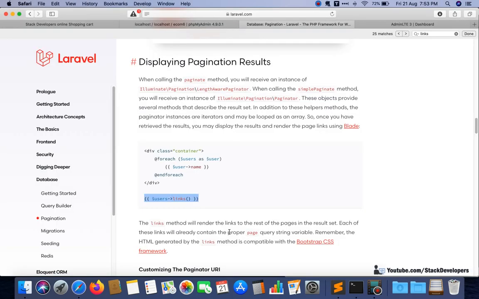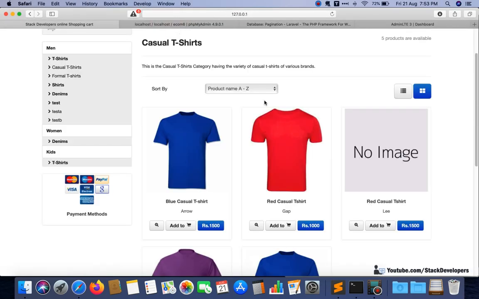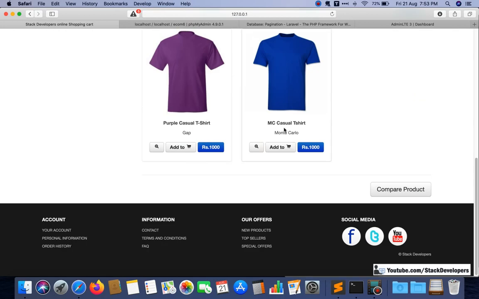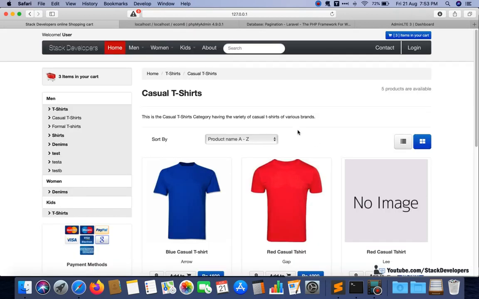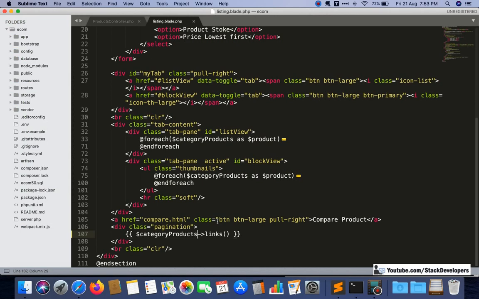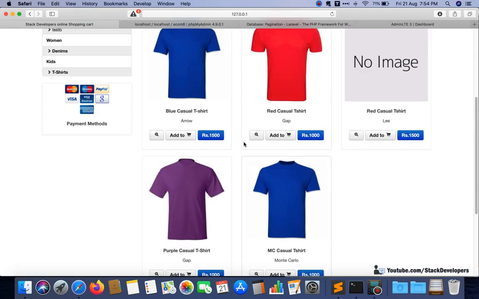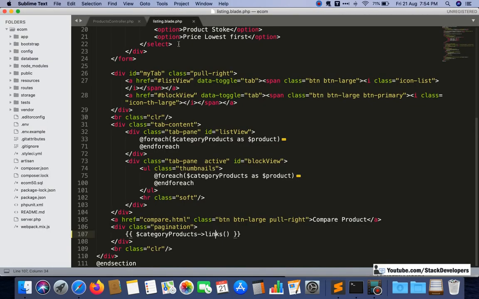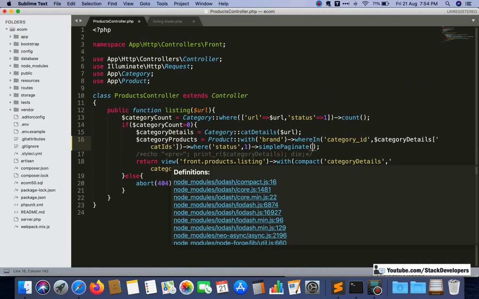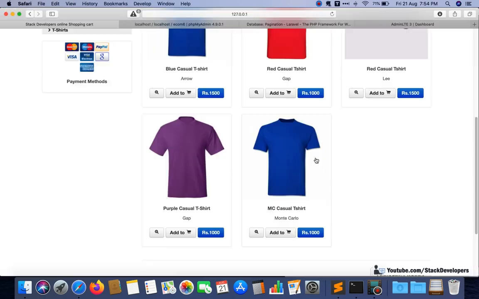Okay, so now we can refresh and check whether the pagination comes or not, and still it is not coming. We will see why. Actually, the products here are 5 and we have given the pagination 6, so we need to reduce it to check. I will reduce it to 3.